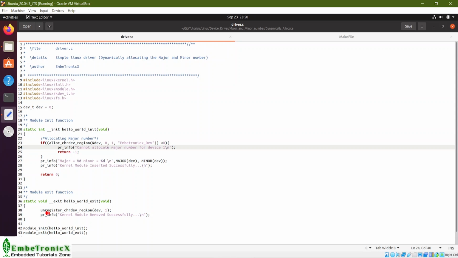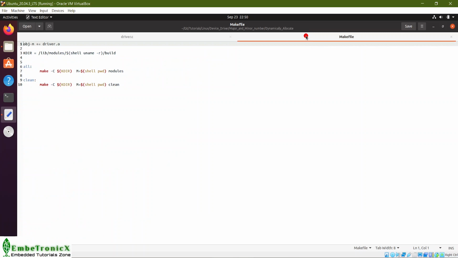In the exit function, we are unregistering the major number and minor number. We have to unregister this major number and minor number once we have done. This unregister function is the same for both static and dynamic methods. Using this makefile, we can build the source code.